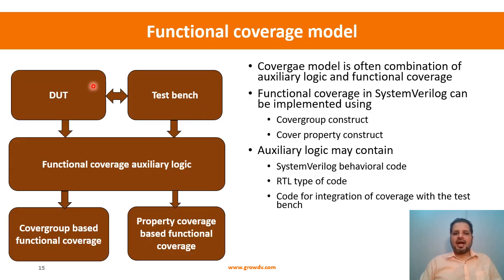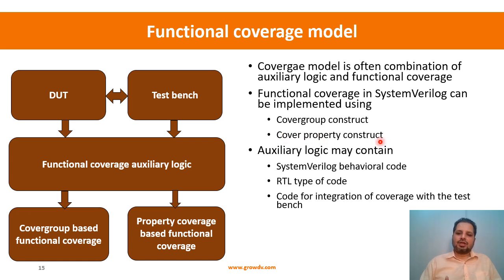Okay, so this is a very high level block diagram of a typical functional coverage model. A coverage model is a combination of two things. One is auxiliary logic and another is the functional coverage. The functional coverage itself could be implemented using the two constructs that we have talked about. It could be a cover group construct, which we will see in the subsequent session, and we have already seen the cover property,